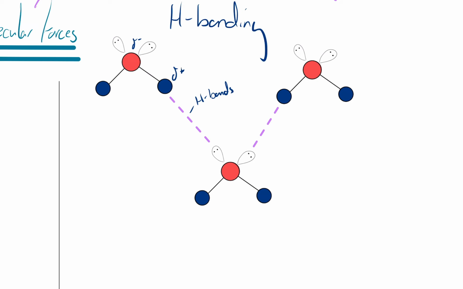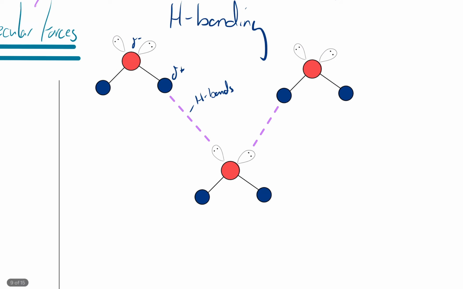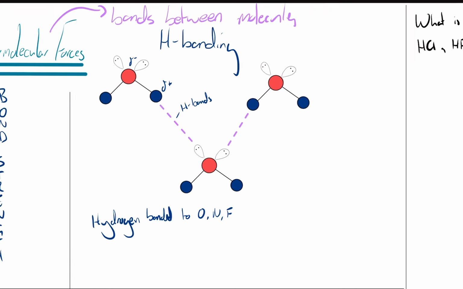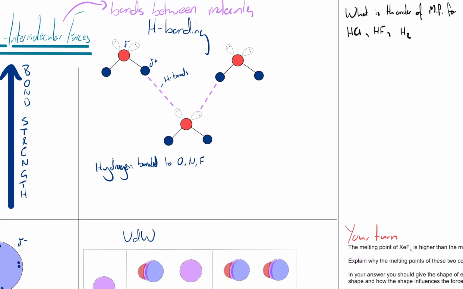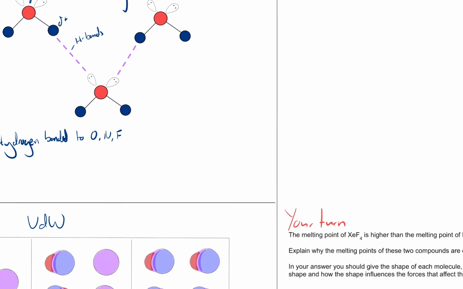And this is only ever going to be the case when we have, obviously, hydrogen bonded to three choices. And that's going to be oxygen, nitrogen, or fluorine. So hydrogen bonding will only ever occur with these. And it's worth quickly showing water is a bit of an exception here in that it forms two hydrogen bonds per molecule. If we took something like ammonia, say NH3,